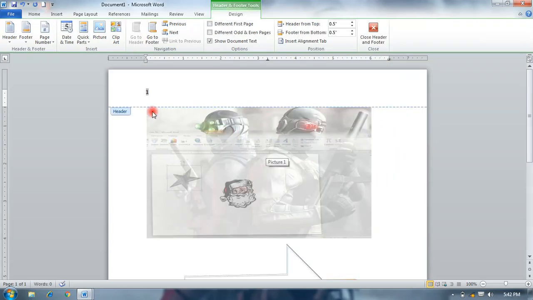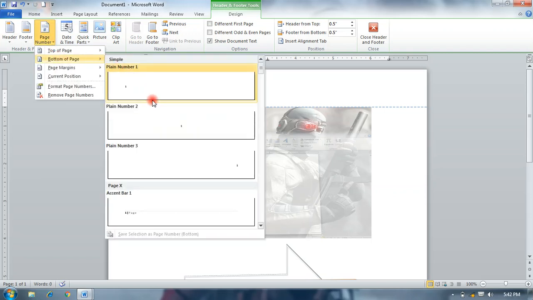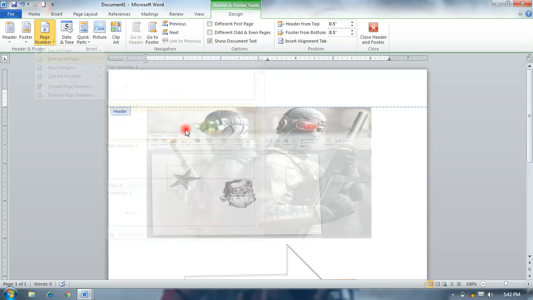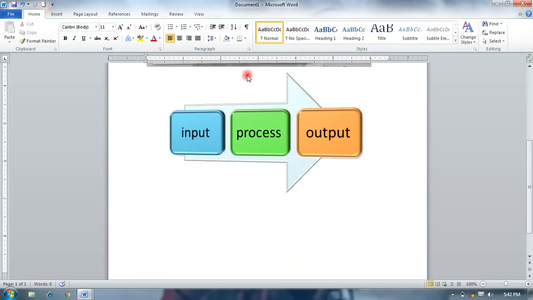Okay, now this number is applied. You can see its design tool open. If you want to remove your page number, you can remove it from here. Bottom of page you want to apply, and like that. Okay, this is applied, and again if you want to remove, remove page number. Okay, and close header and footer.